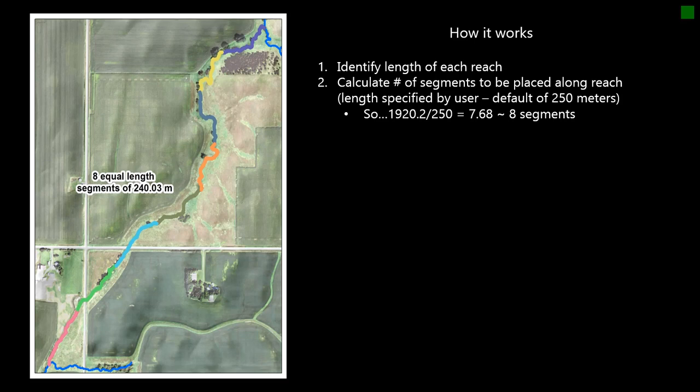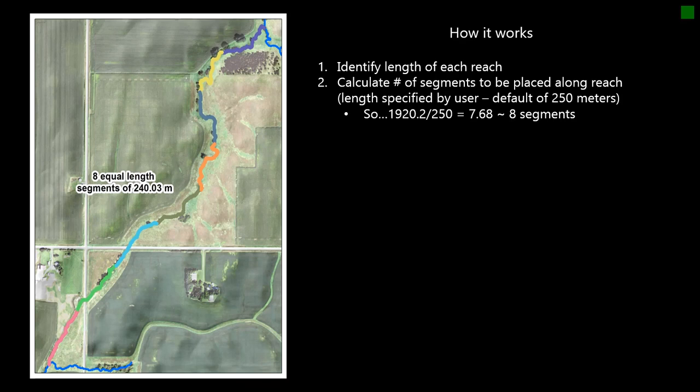So again, we had a length of 1,920.2 meters. As the default suggests, we will choose 250 meters to be our riparian segment length. So that original length divided by the riparian segment length equals 7.68, and we'll round this up to be about 8 segments. If we take that original length again and actually divide it by 8, we see that we will have 8 equal segments of